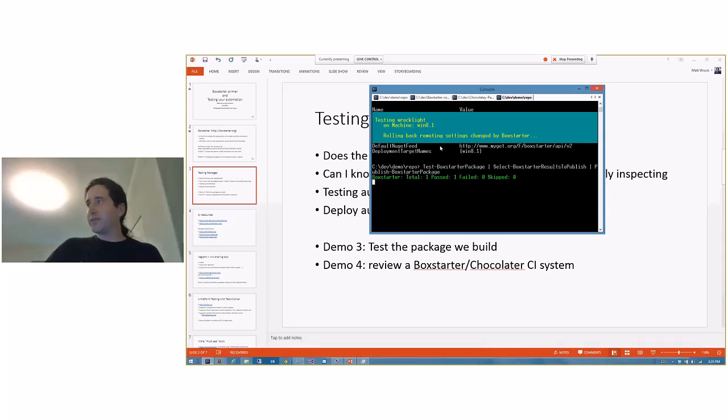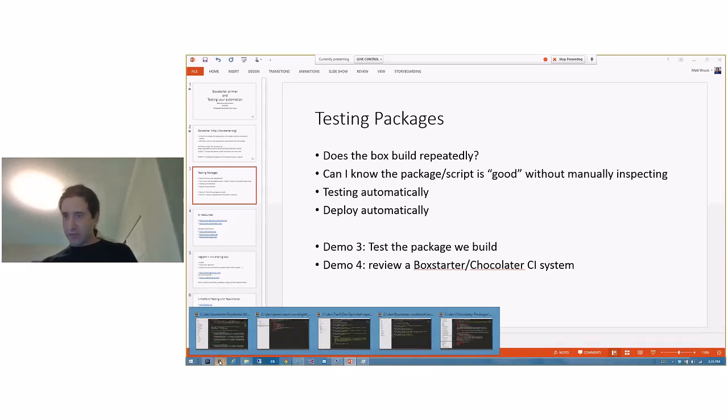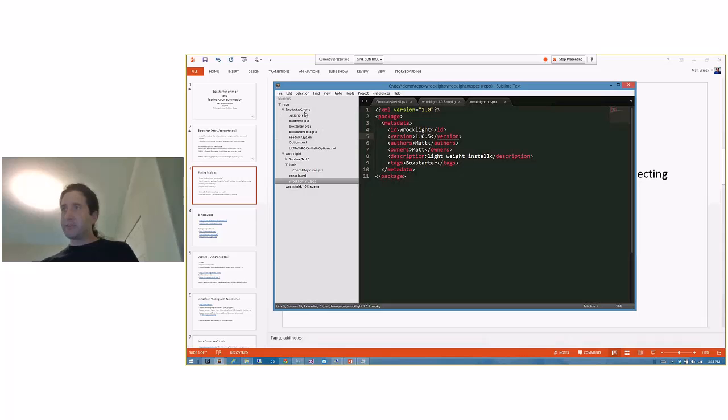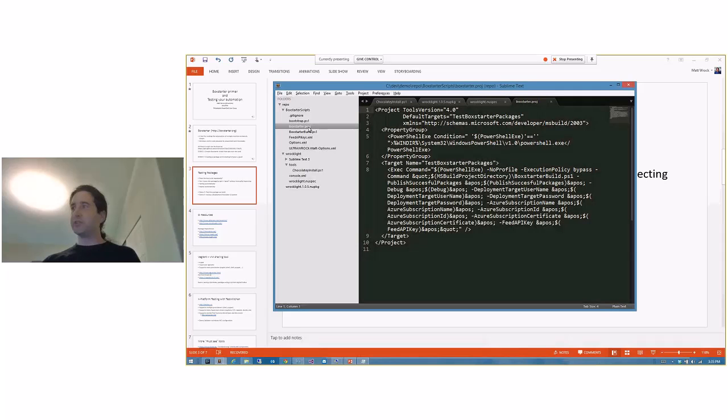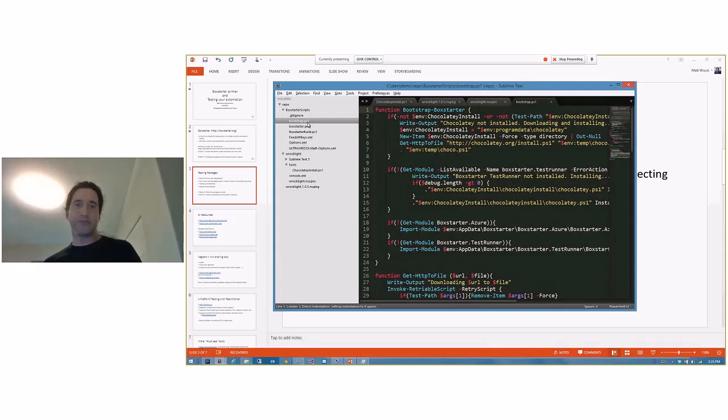So while that's happening, let's go ahead and move on, and let's take a look at how we can take this to the next step and how we could plug this into a CI version. So as we saw a little bit ago, there's this set of scripts that Boxstarter installs. And so what this is, we've got an MSBuild script. This is really just a shell for this PowerShell script. And then we also have this bootstrap script,